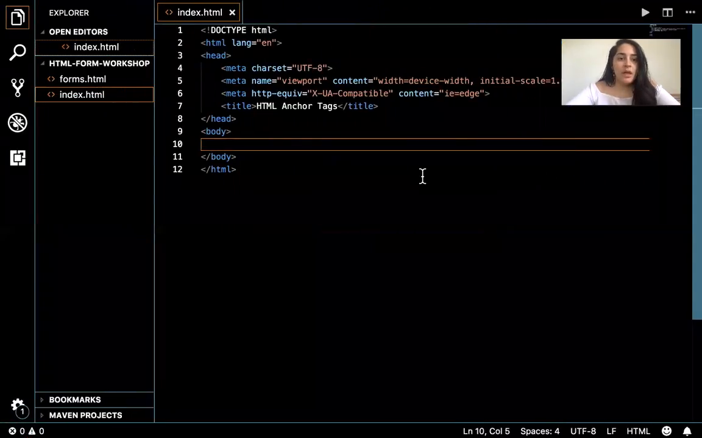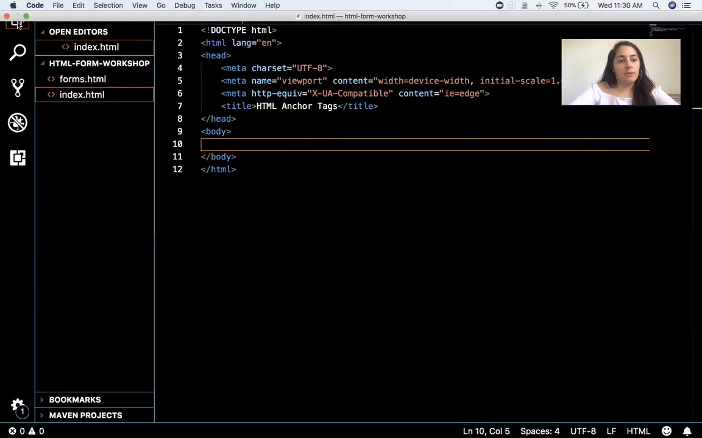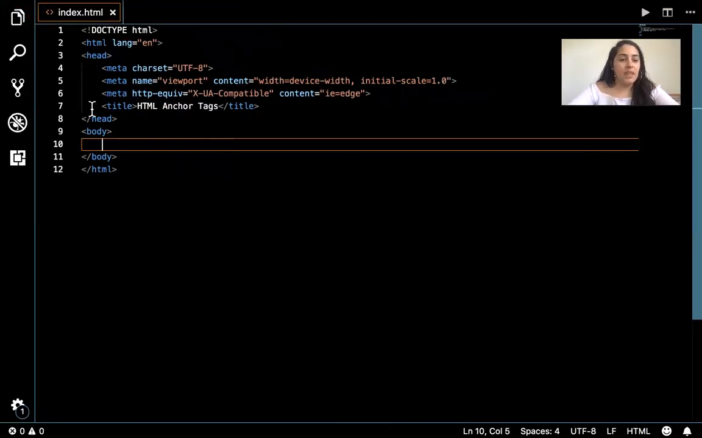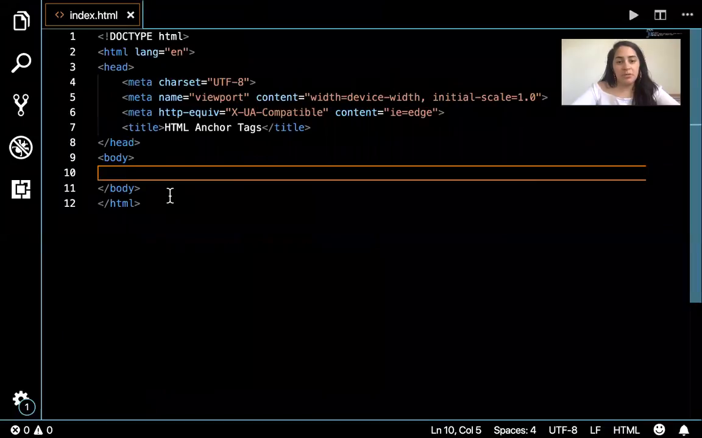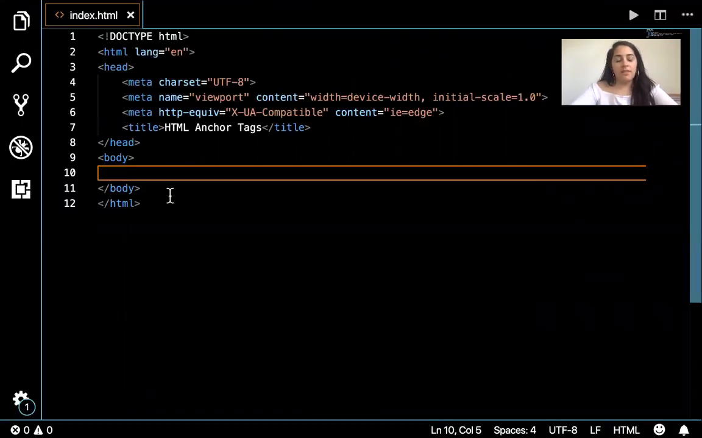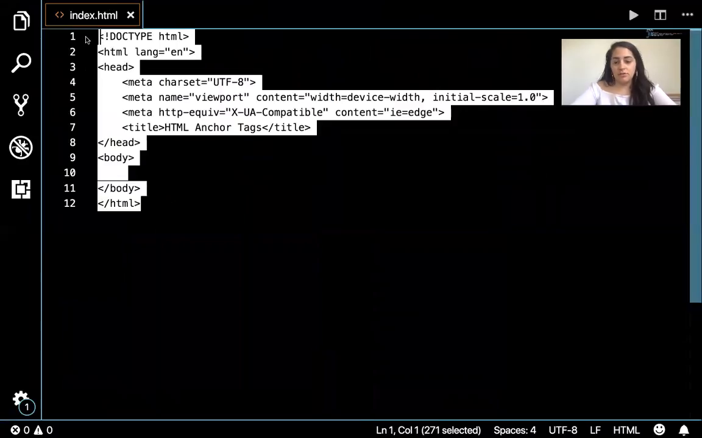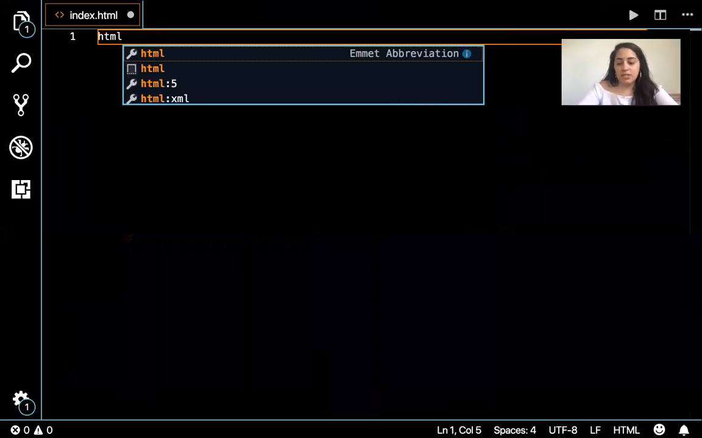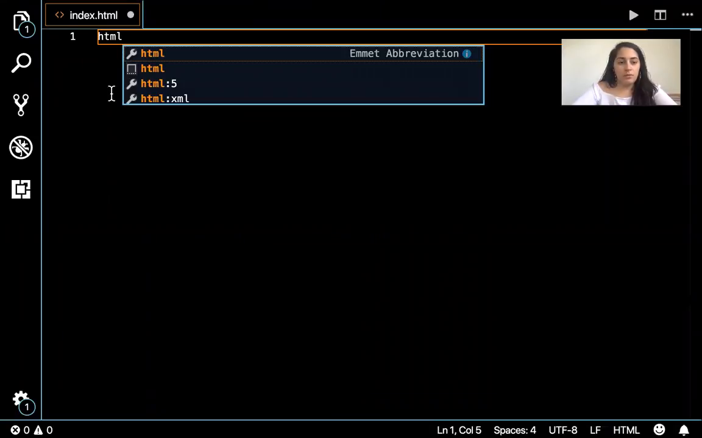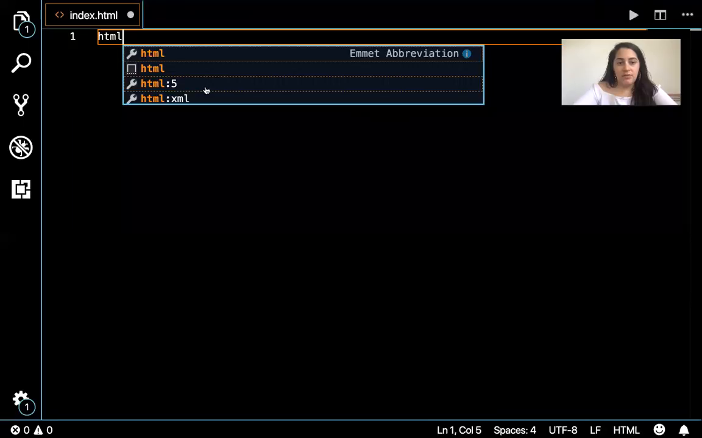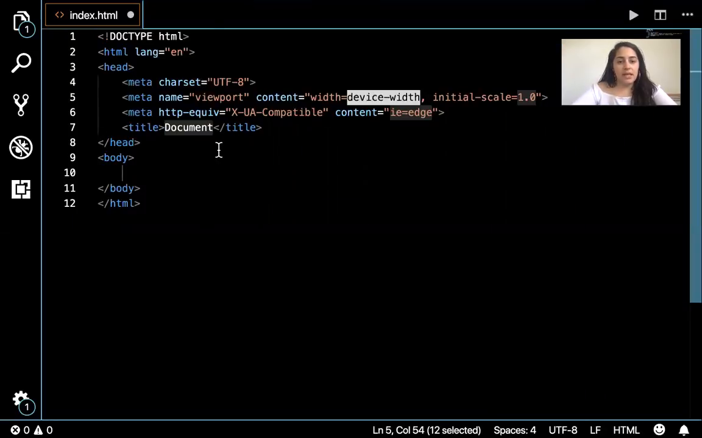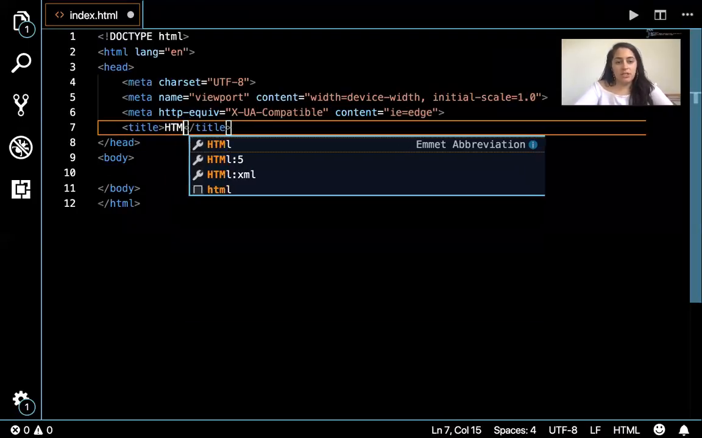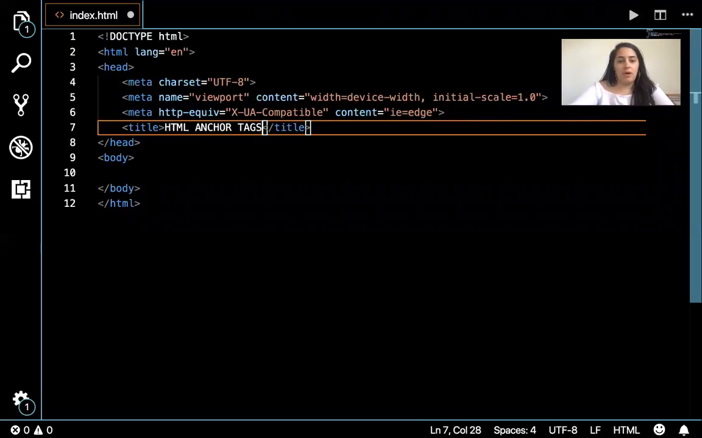Share my screen here. All right, so what I have already set up here is a basic HTML skeleton in VS Code. How we get there, I can show you guys if you don't know already, is if you open VS Code and you have already created your file, index.html, you can type in HTML, then with your arrows or with the cursor, you're going to select HTML5, and then that's going to create a skeleton for you for the HTML file. I'm going to change the document title to HTML anchor tags, and we're going to go ahead and start working